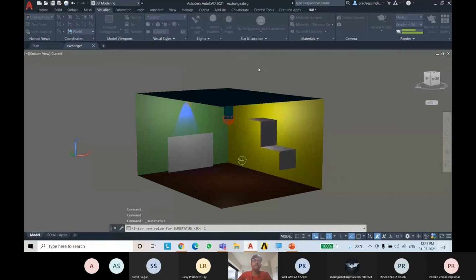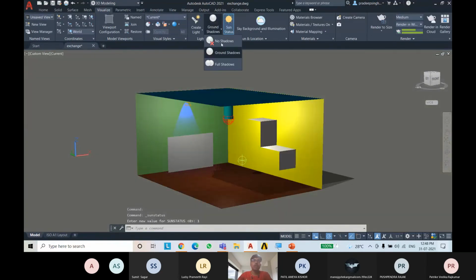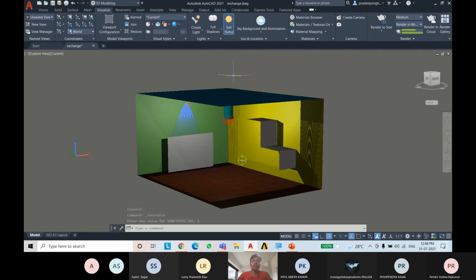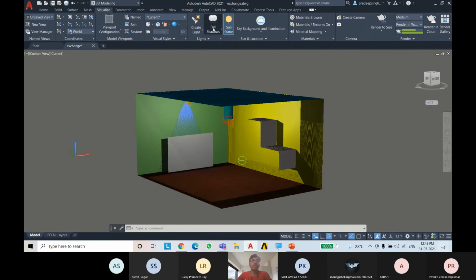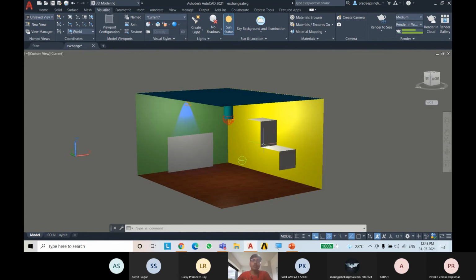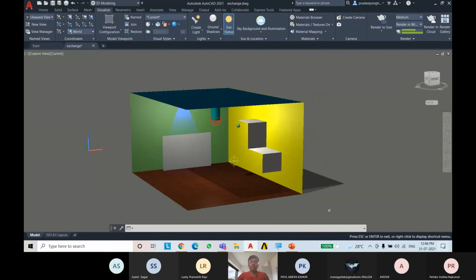So if we turn on these full shadows, the difference between no shadows, ground shadows and full shadows is that if we choose no shadows, you cannot see any shadows of the object by the lights. If we choose ground shadows, only the shadows which are on the ground will be visible.